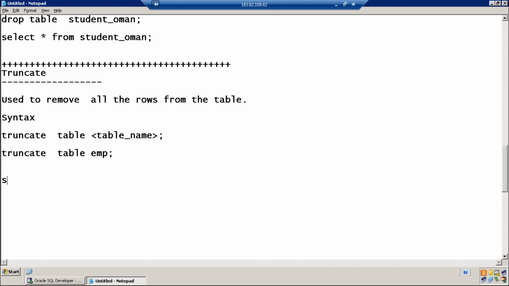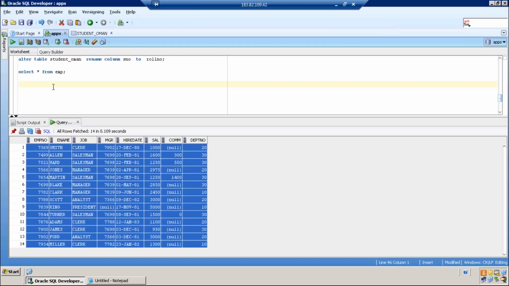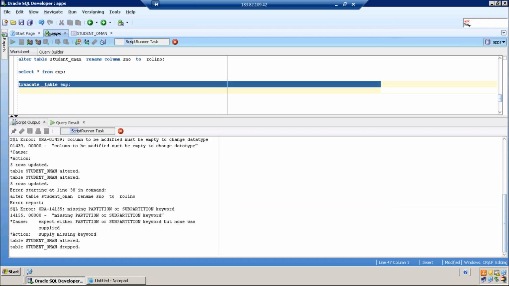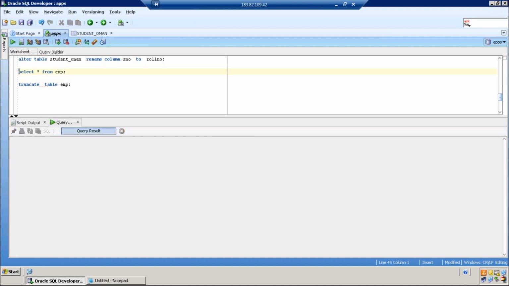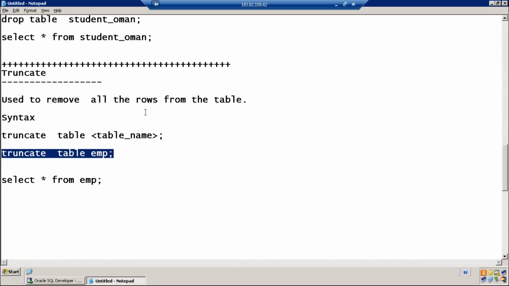After truncating, when you select star from employee, you will not get the data. Output: table truncated. Now when you write select star from employee, the rows are removed. Only the column headings are there. The data is removed.